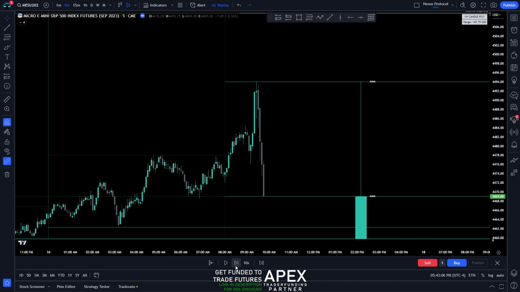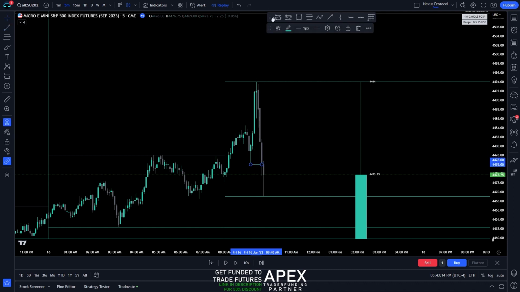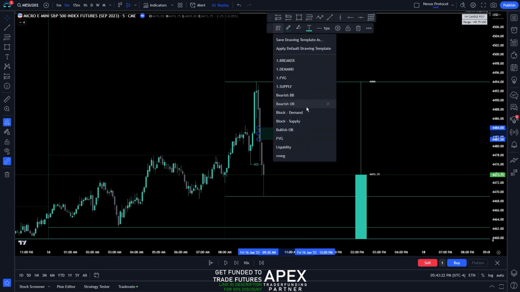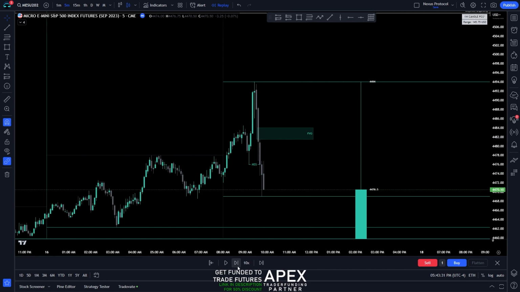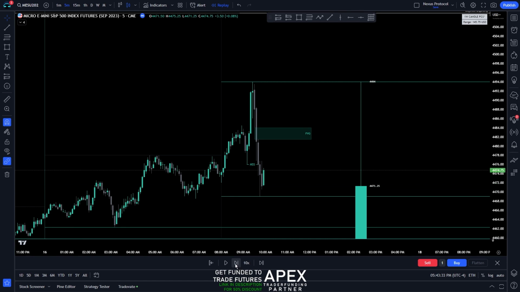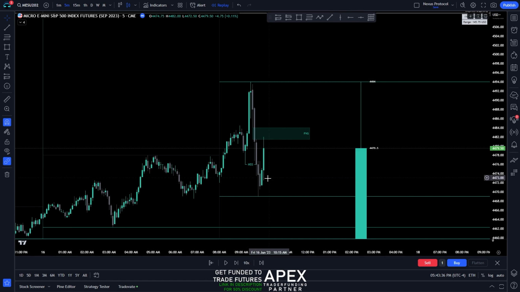Not a body close. There's a body close. So there's a body close, market structure shift right here. And a nice fair value gap here. And just to make sure that that is an appropriate fair value gap to take entry on, we wait for it to start to retrace. Well, this went pretty quickly, but that's okay. In this case, we've got many opportunities to enter. But once it starts to back off,